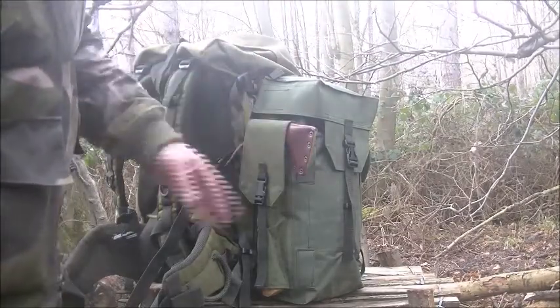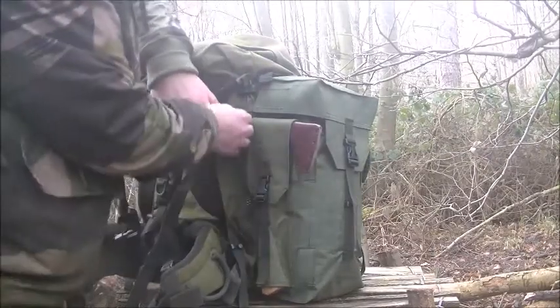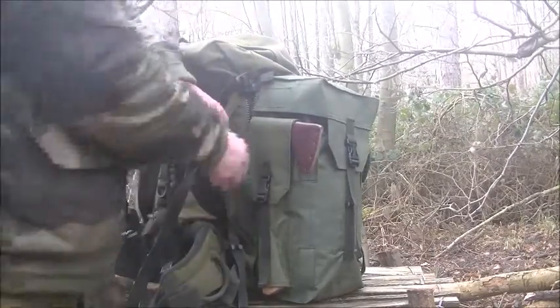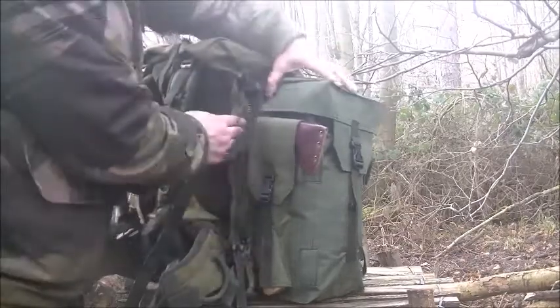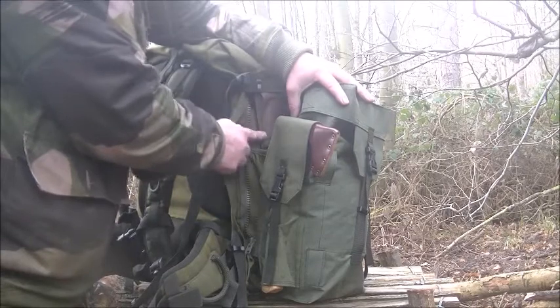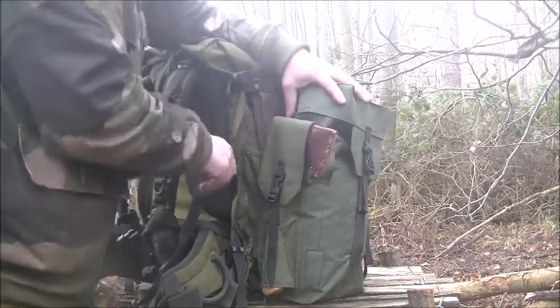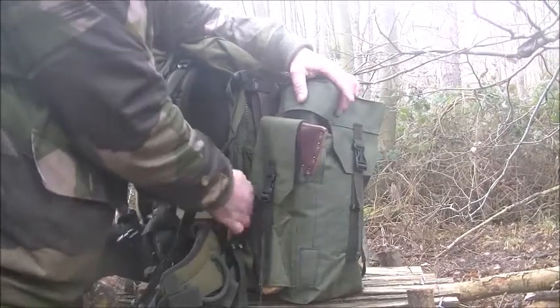All the sharps are away from my body. But just so you can actually see, it zips on and off in the normal way, which is really nice. And behind this, I'll show you the other side of the Bergen. Obviously I've got the pouch I made for my Silky saw, and it just drops straight in there, and there's a little pocket behind there, which is an excellent bit of kit, and a really good, nice design feature